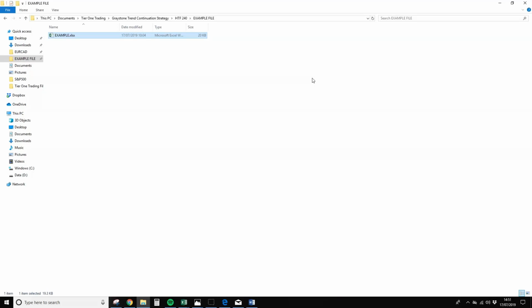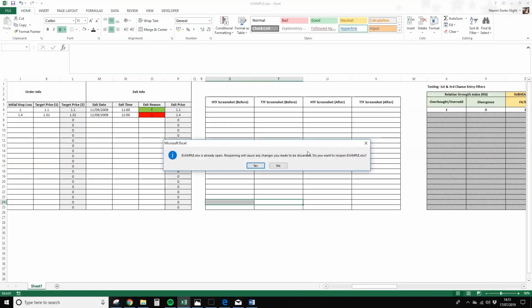Hey guys, so first thing you want to do is ensure that your spreadsheet is saved in the folder where you're going to save your screenshots. It all needs to be in one folder, otherwise some of the formulas aren't going to work. So, once that's opened,